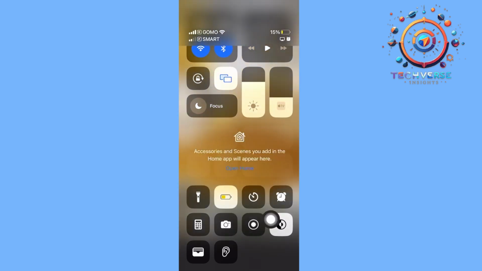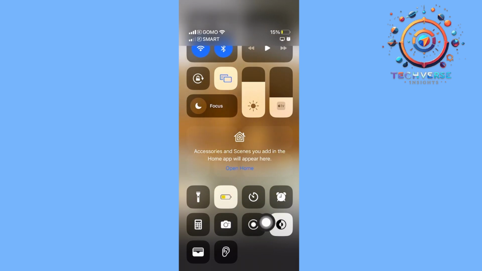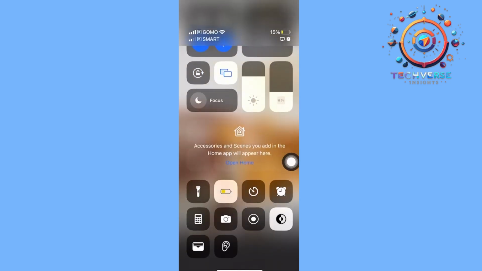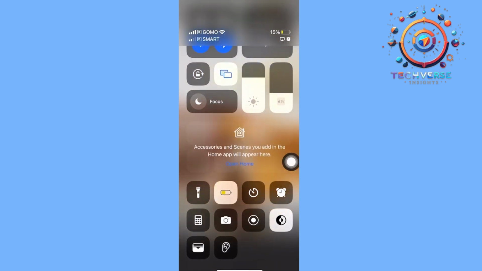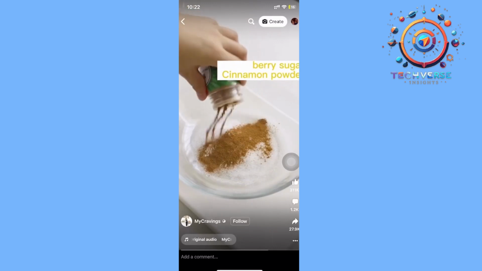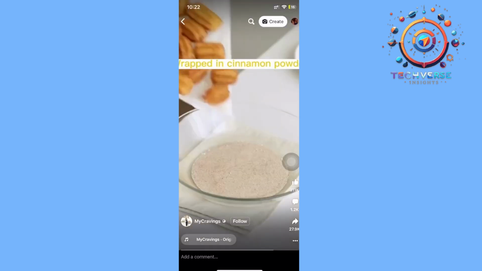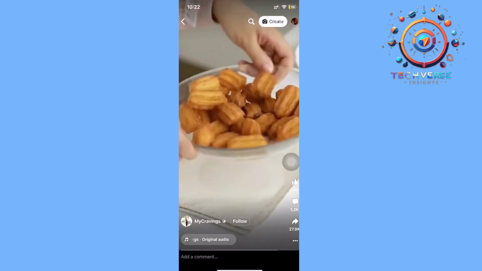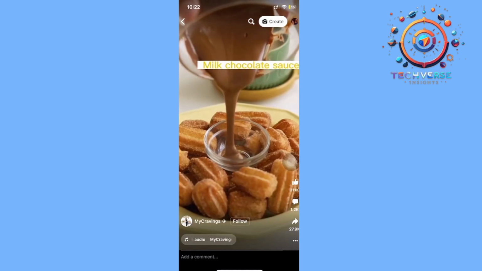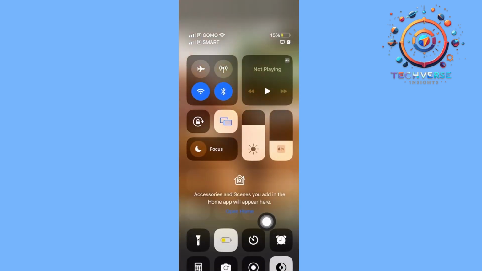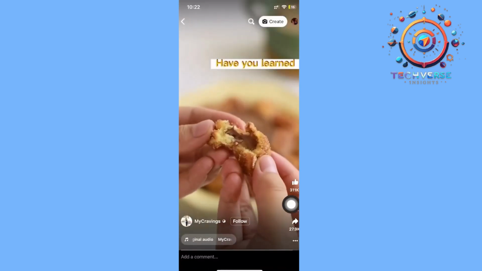It's going to count down from 3, 2, all the way to 1. And what that'll do, obviously, is allow you to record videos and download those videos onto your Photos app. So once you are done recording, you can now proceed with watching the whole video. And once you're done watching the whole video, of course, click on the record button again, and that should save that video on your